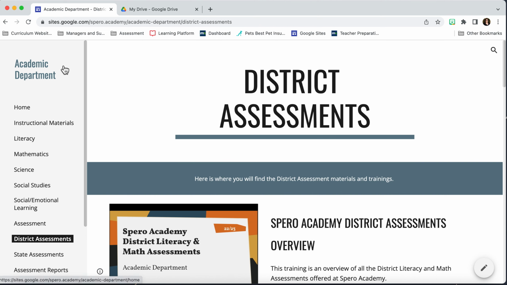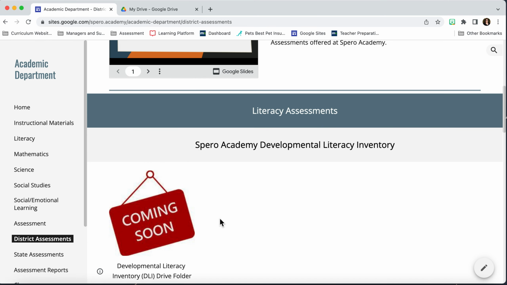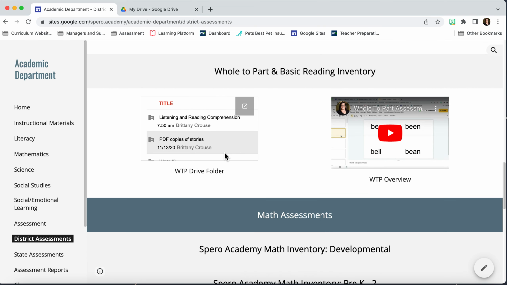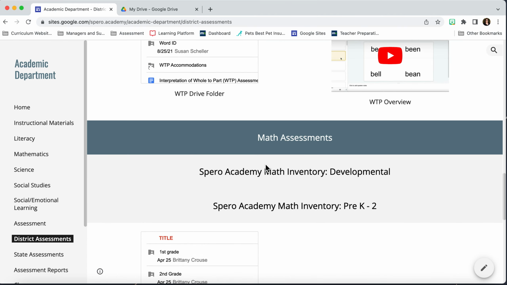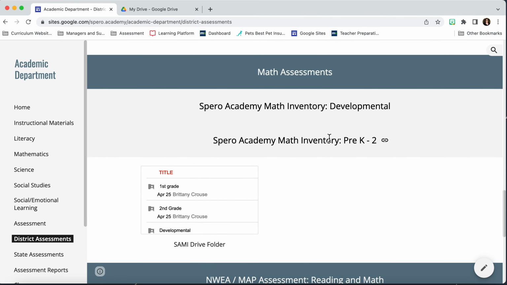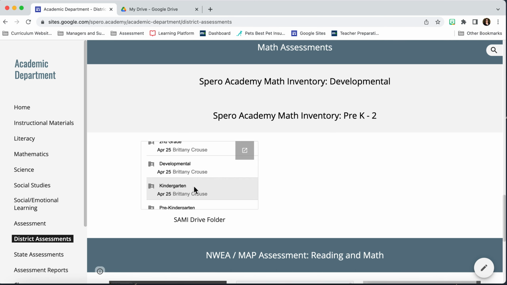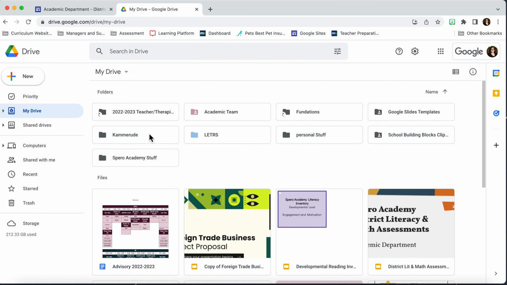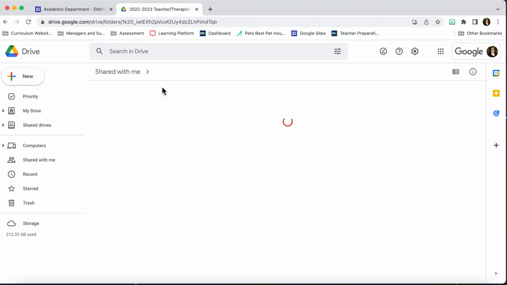I'm on the Spero Academy Academic Department website under District Assessments, and we will scroll down. Again, this website is made by us and is constantly being updated, so you'll want to check back and double check to make sure that you have everything that you need and see the new updates whenever you have questions. So the first place where you can locate this would be in the SAMI Drive folder. It's also in the 2022 Teacher Therapist folder. So if you double click on that Teacher Therapist folder,